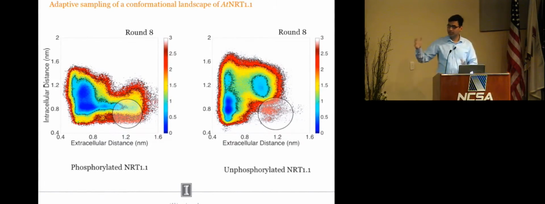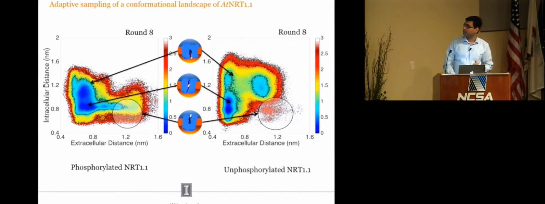So here what you're seeing is the top distance and the bottom distance of the transporter, and that can characterize this type of transition. So you can see an occluded state, an inward open state, and an outward open state by just looking at these two metrics here. Now we can start asking scientific questions like, why is a phosphorylated transporter better than an unphosphorylated transporter